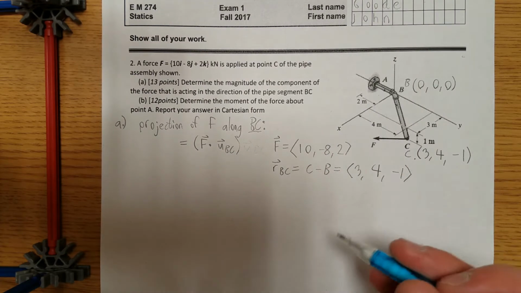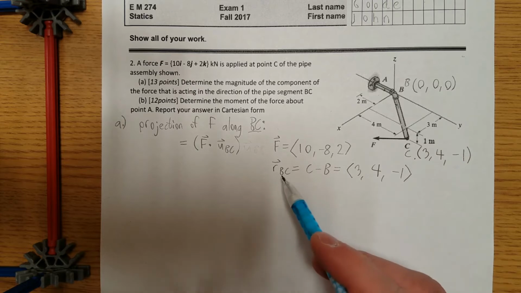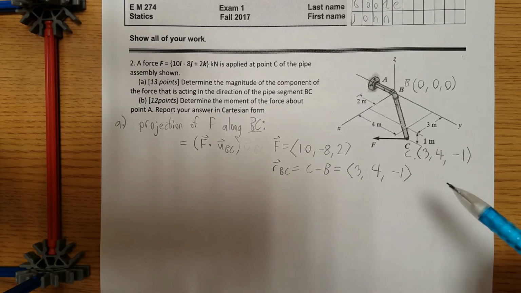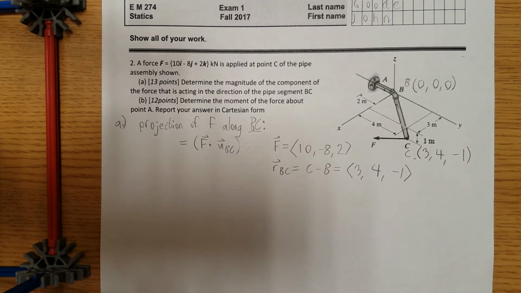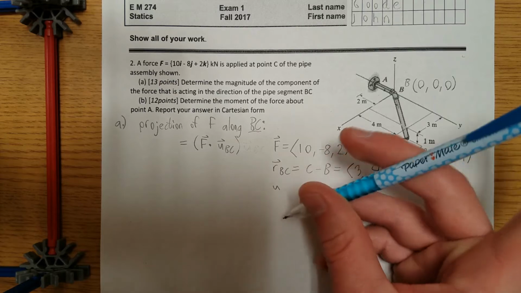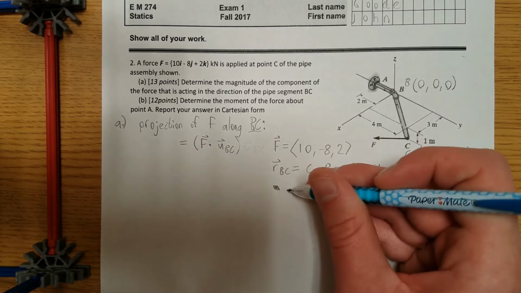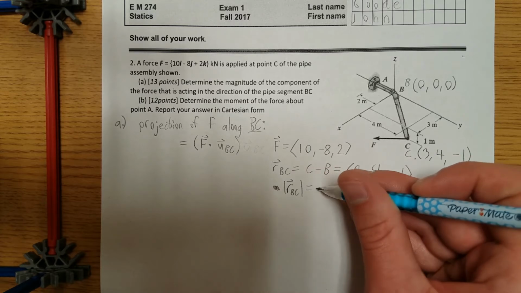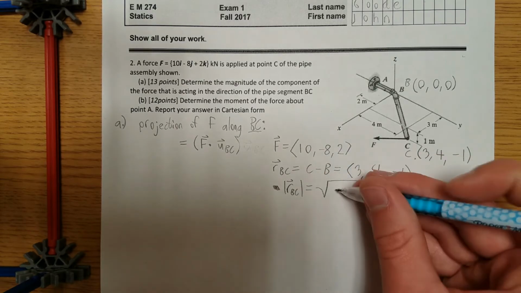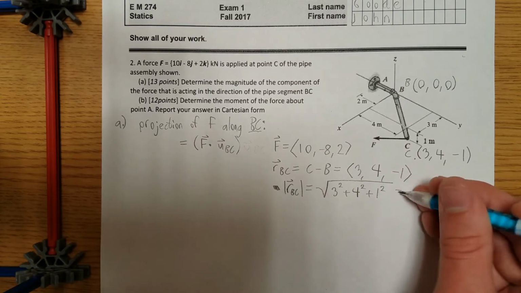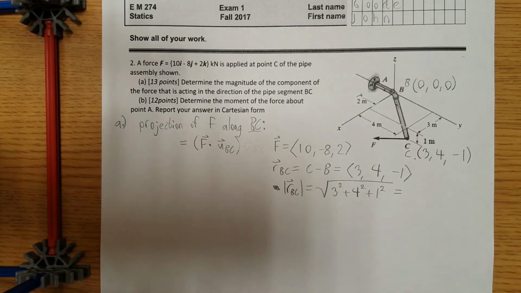Now to find the unit vector, we know that a unit vector has to be the position vector divided by the magnitude. That's what makes it the unit vector, and that's what makes the unit vector just equal to 1. So first of all, we're going to find the magnitude of our BC, and that's going to be equal to the square root of 3 squared plus 4 squared plus 1 squared. And when I get my calculator out,